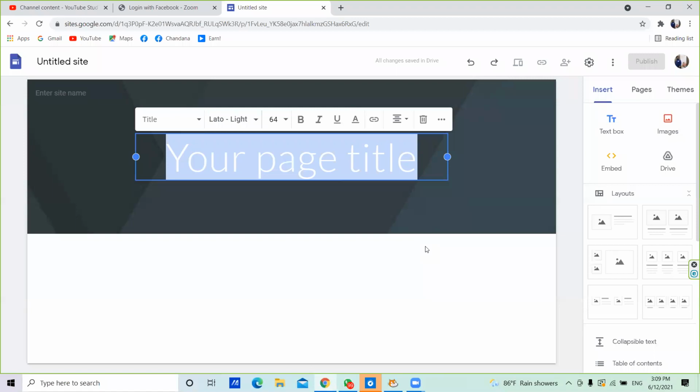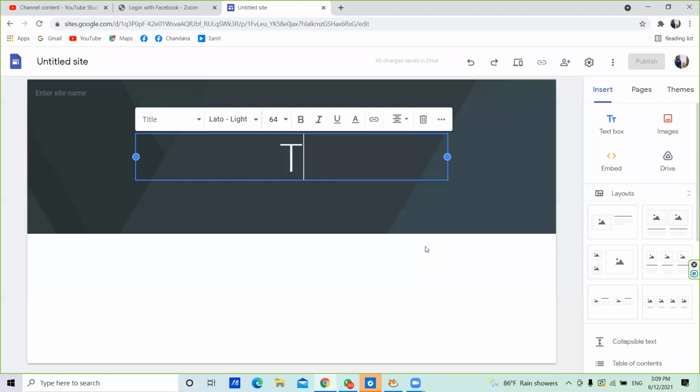Suppose you are going to teach the types of vehicles to your classroom students, right? Therefore, I'm typing the title, the types of vehicles,